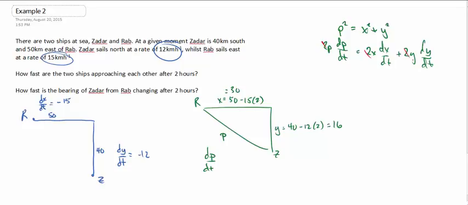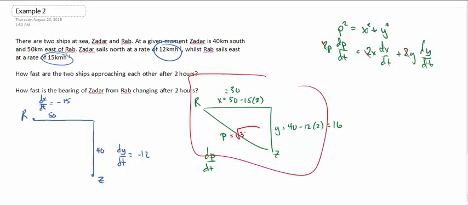So what is P at this instant in time that we care about right here? Well, P is going to be the square root of 30 squared plus 16 squared. I lie, hopefully you caught this as 20, not 30. So we have the square root of 20 squared plus 16 squared, and you could put that in the calculator if you wanted to, which you will need to at some point, times dp/dt equals